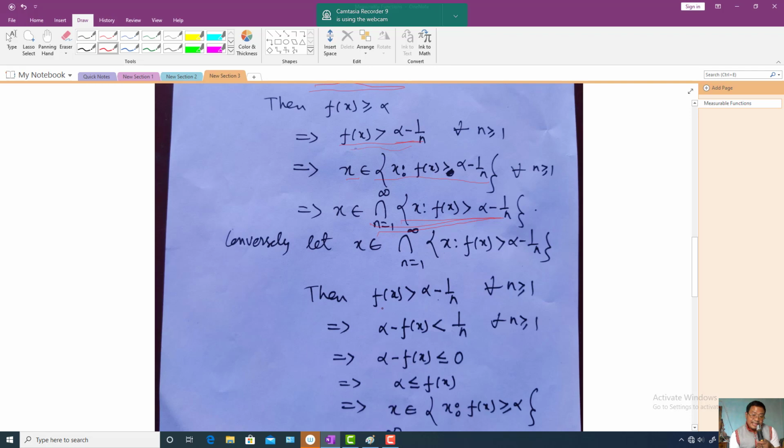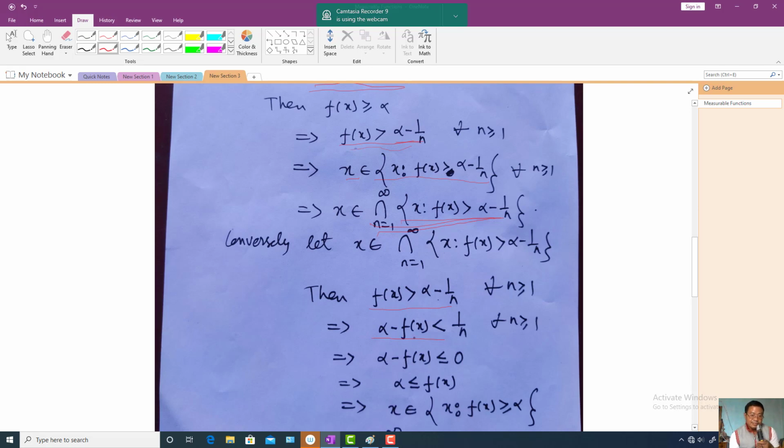Every member of this intersection means what? If x is a member of that set, f of x is strictly greater than alpha minus 1 upon n, by definition, for all n greater than or equal to 1. So from here you can simplify it: alpha minus f of x is less than 1 upon n for every n greater than or equal to 1. So if this is true, as n tends to infinity,